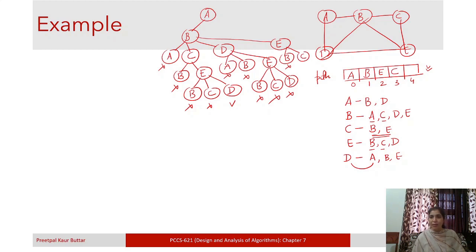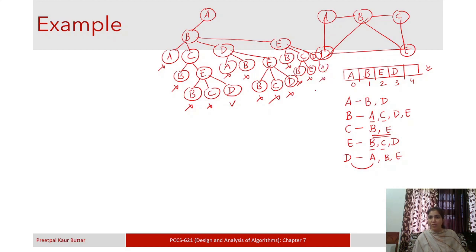And from C we can go to B, but again this is not an option. We can go to E. Again, this is not an option. Okay, so we have explored both options from C, so we backtrack. We go back to E, and from E we have yet to explore the other option which is available to us, that is D. Okay, so when we try this option E to D, then from D we can go to A,